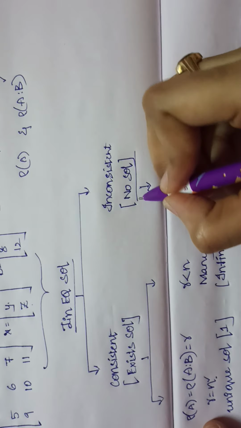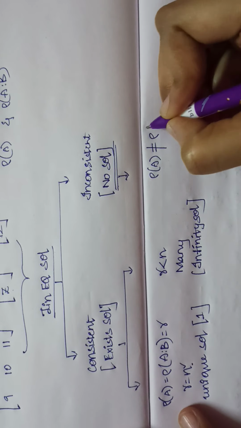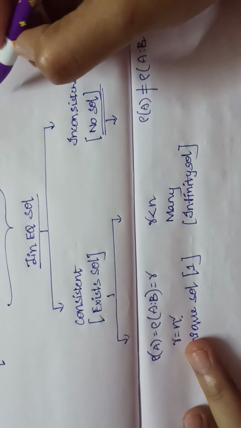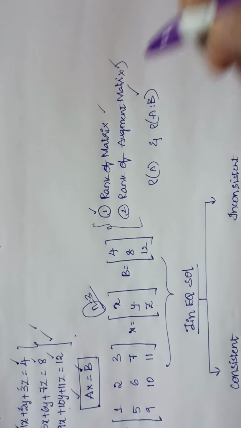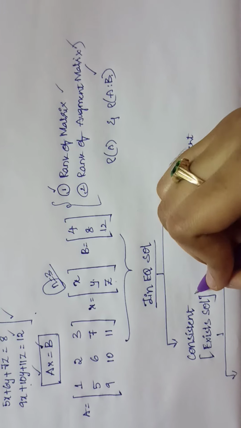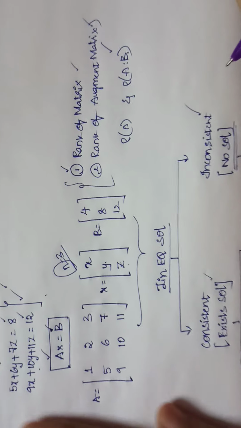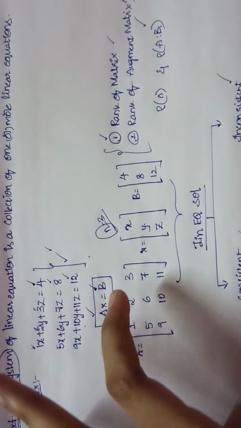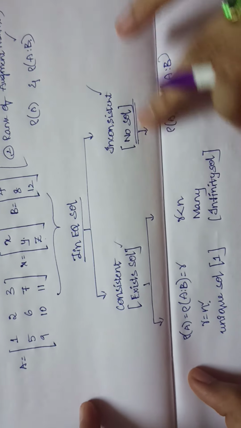No solution means only one case, that is rank of A is not equal to rank of the augmented matrix. So first of all we have to find out the rank of the matrix and the rank of the augmented matrix. This is the main and most important thing to find out whether the solution is consistent or inconsistent. This is the only trick to follow to determine whether the given system of linear equations is consistent, that is the solution exists, or the solution does not exist. Any type of question they may ask, so just be thorough with this concept.